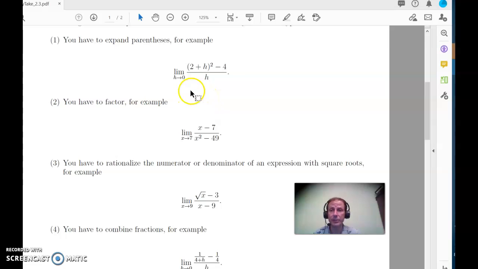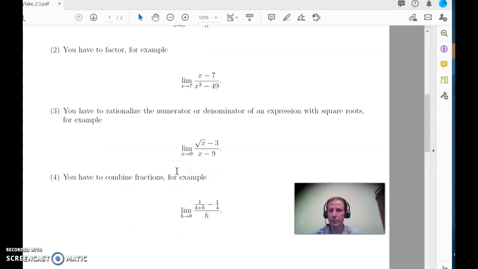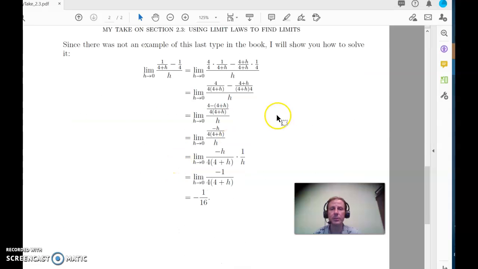In this section, the book gives nice examples of the first 3 classes of these types of problems, but it doesn't have any examples of the 4th one. So I'll just go ahead and show you how to solve such a problem. So for example, suppose we want to find the limit as h goes to 0 of 1 over 4 plus h minus 1 over 4 all divided by h. So what you have to do is combine these fractions, and the only way to combine fractions is to make sure they have the same